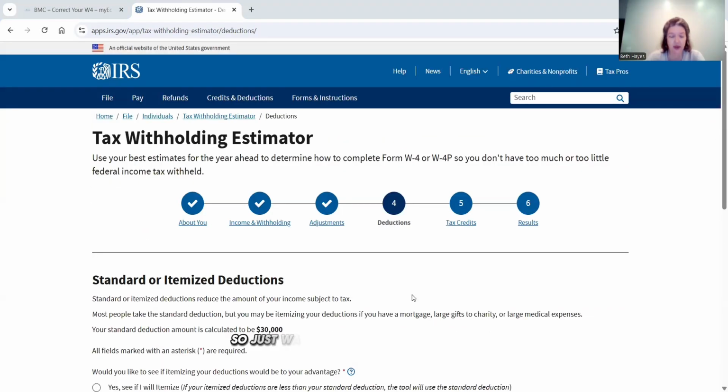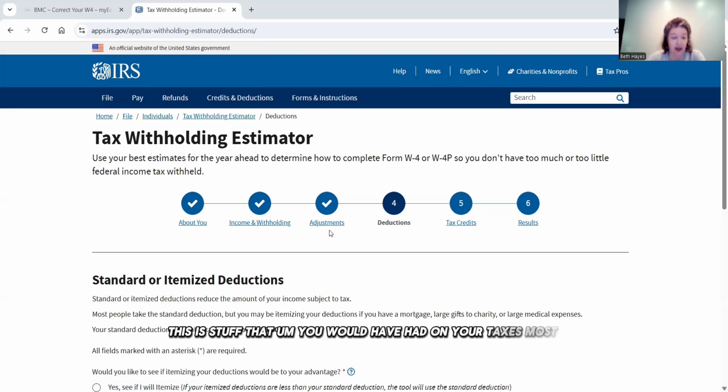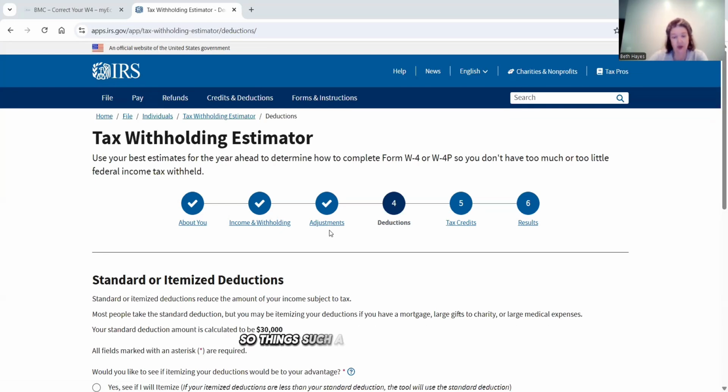So just walking through the process here, and I wanted to show you up here at the top, so you have a basic idea. The information you're putting in is about yourself, and your spouse if you're married, what your income is from your jobs, any adjustments that you have. Again, this is stuff that you would have had on your taxes most likely. So things such as student loan interest, that type of stuff, okay? Other deductions, such as the standard deduction, that's the page I'm on now, any tax credits, and what the result